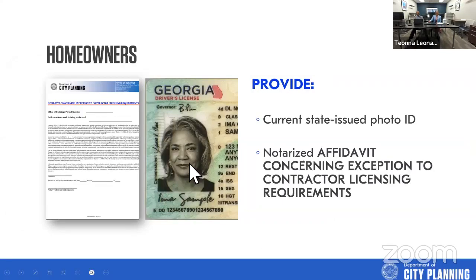This is the affidavit that I spoke to that is submitted when a homeowner is pulling a permit on his or her own behalf. It's an exception affidavit that basically states, I am exempting myself from the contractor licensing requirements as the homeowner. I am basically taking ownership of all of the work that is going to be done and hiring subcontractors to do the work. Again, it is your right as a homeowner to do it, but I advise against it.